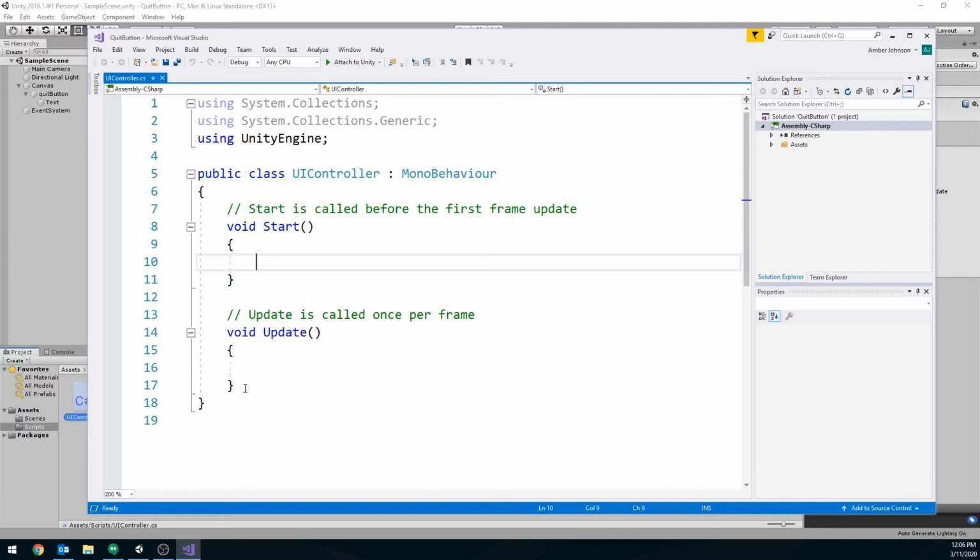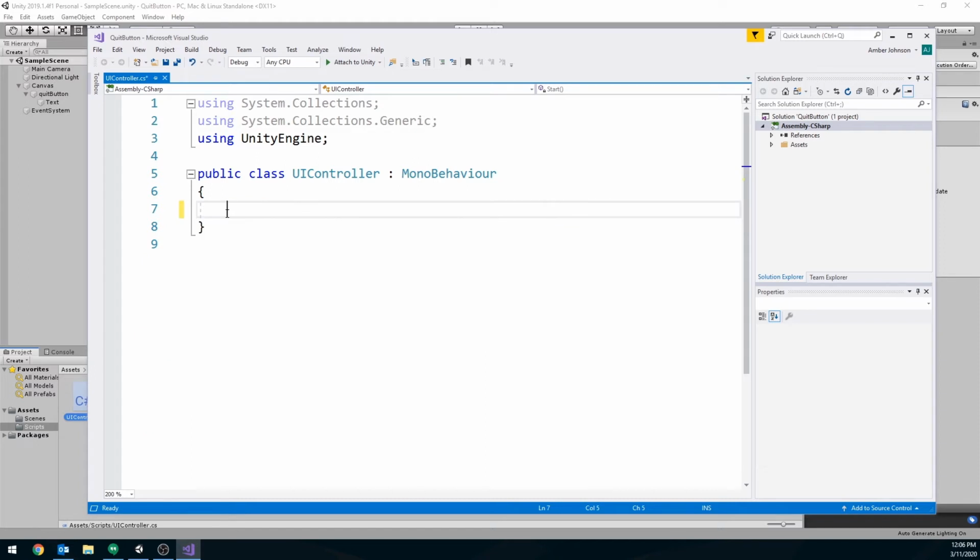So we're going to write a new button click event. This is a real simple project, so we don't need our start and we don't need our update. I'm actually going to highlight and delete those out. And I'm going to write a new function here. It's going to be public, and it does have to be public. If we don't make this a public event, we won't be able to hook it up in Unity. So one of the first things to check, if you can't hook it up correctly, is to make sure you made your button click event public. So public void, and I'm going to name this one OnQuitButtonClick,